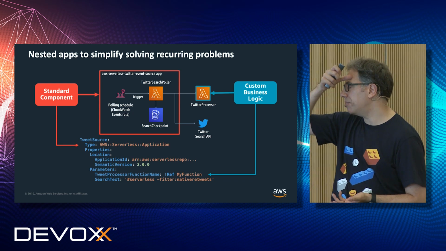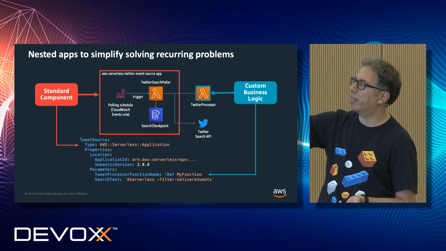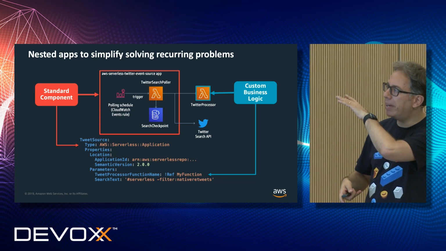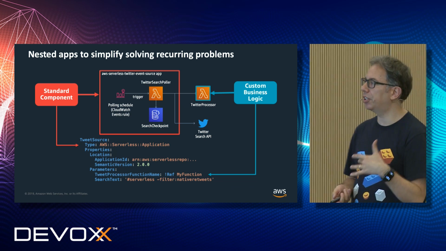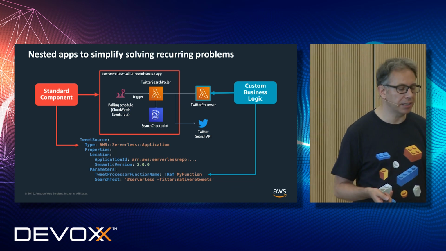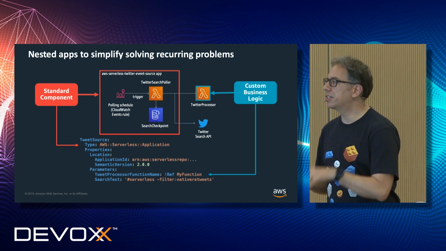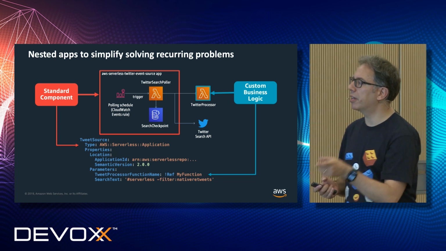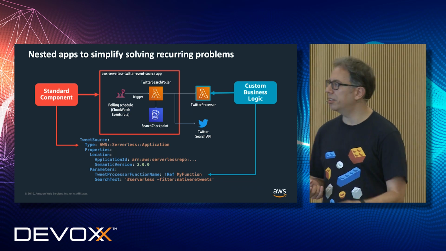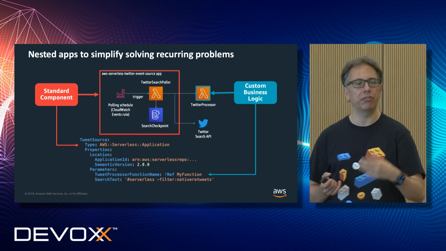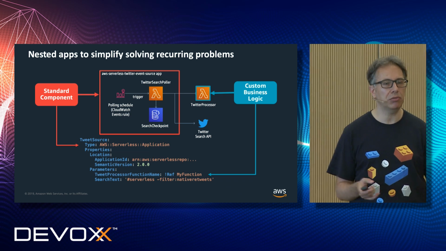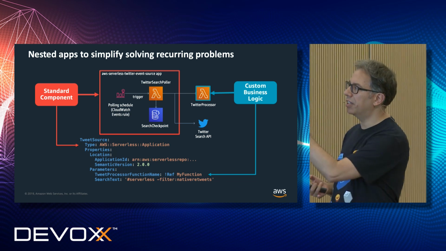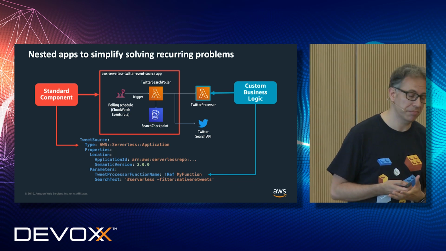So in the same syntax, what happens is that inside your template, together where you define this is a function, this is a database table, you can say, I want to embed an application inside my application. This is the application ID. This is the semantic version that I want to use. This application is stored in the application repository. And then you can pass parameters. For example, you say, this is the string that you need to search on Twitter, and this is the function that you need to call if you find tweets about this string. So in this way, you really don't have to write one line of code that is not your unique business case. Everything else is a standard component that you can recycle.